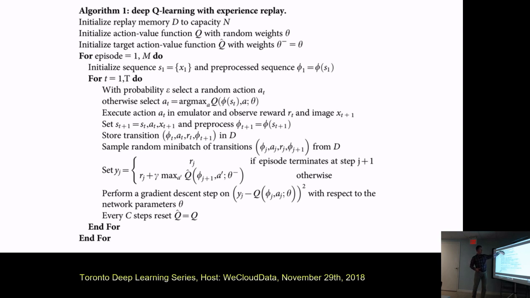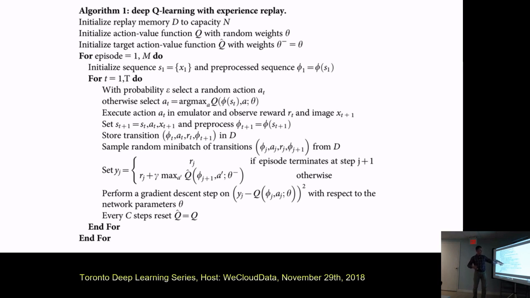Then you pre-process the image that you get, and then you go playing the game essentially. This is the epsilon greedy policy, where with probability epsilon you choose some random action. Otherwise, you have the network predict the action. Feed the action through the network. It gives you back the reward and the next state, the next image. You process that. You store this transition from current state, action, reward, next state in your replay memory, and then